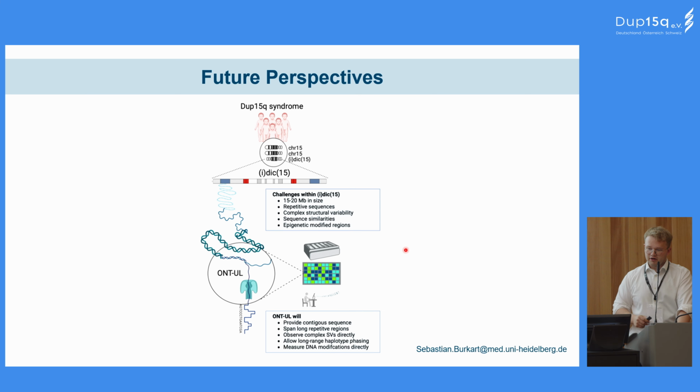And now I will give you a short outlook on what we are planning, or what we are currently doing, to address these challenges. We are doing ultra long read sequencing. For those of you who don't know what ultra long read sequencing is, it's a novel, cutting edge genetic test. With that test, you can simultaneously measure the methylation, you can identify structural variants, and you can also get high resolution sequence data from this EDIC-15